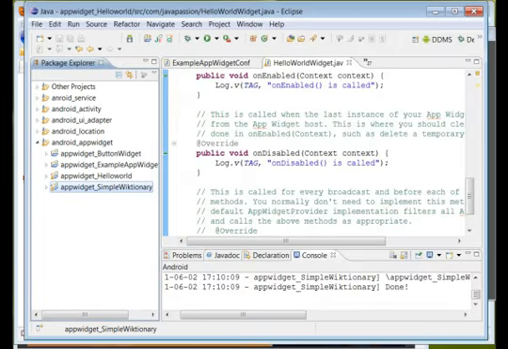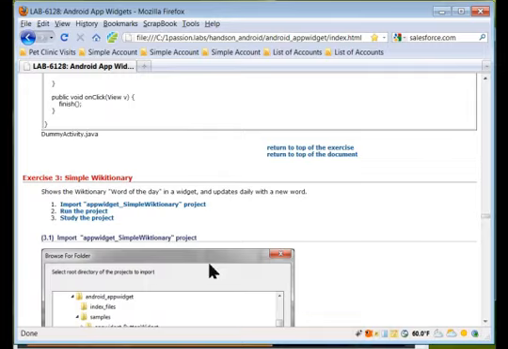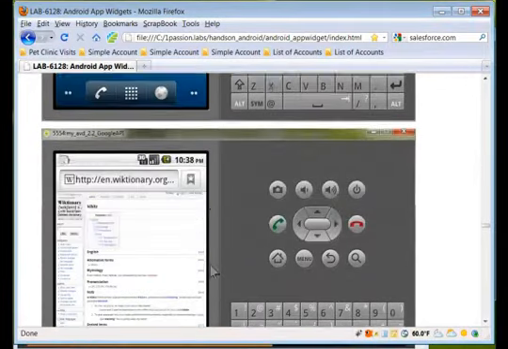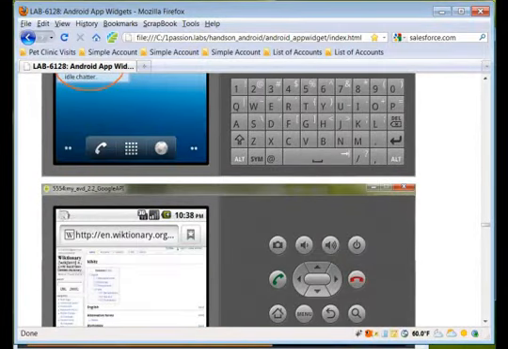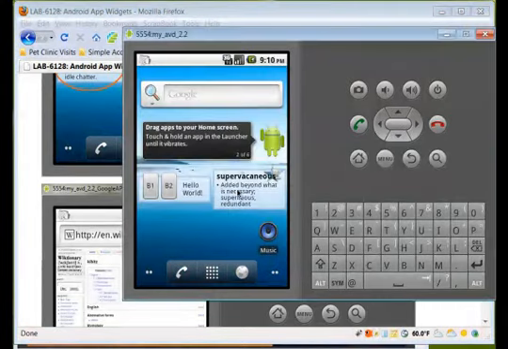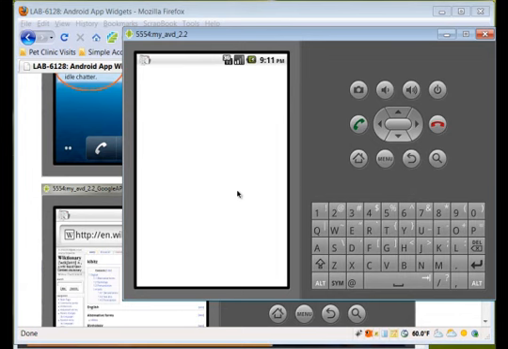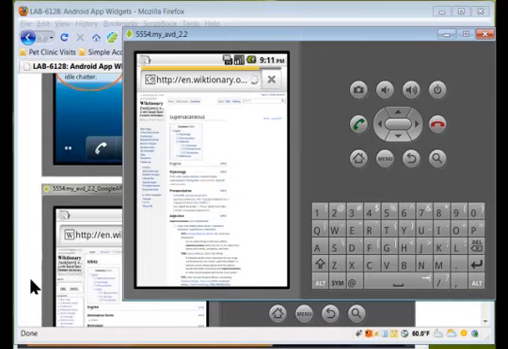Okay, so let's see the code. Oh, by the way, in this case, when I click this guy, it will fire an activity which goes to Wiktionary for this particular word. So it's just displaying Wiktionary.org for that particular chosen word. Okay,